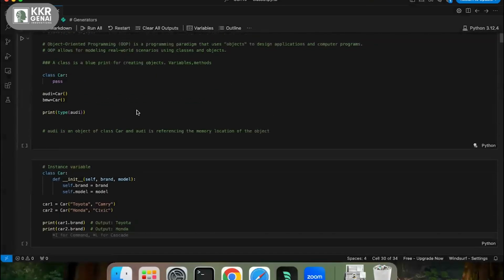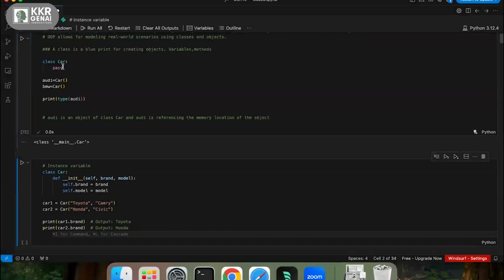So let's see what exactly is happening. Here I'm taking Car as a class, and then I'm creating objects. One is Audi, and the second one is BMW, and then I'm checking what the type of Audi is. Audi is type of